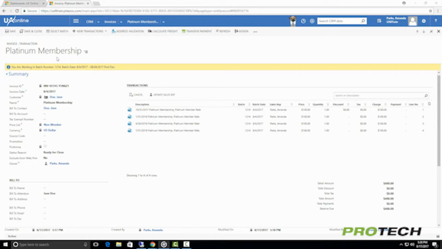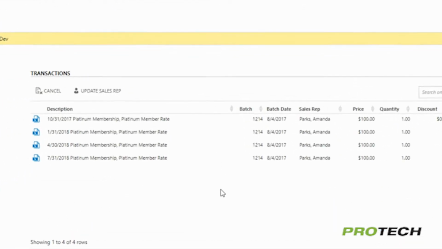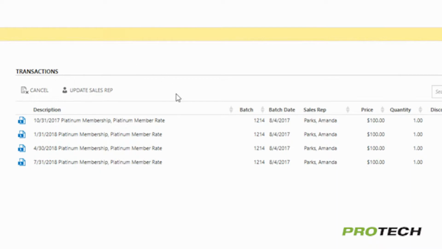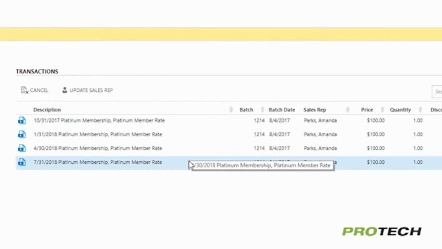Your organization might offer its Platinum members the ability to pay with $400 annual dues on an annual, semi-annual, and quarterly basis. Under the Platinum renewal benefit, you would create 3 rates, each with a different installment schedule and a price of $400. The dues invoice using the rate with an annual installment schedule would have one detail line item for $400. The dues invoice using the rate with a semi-annual installment schedule would have 2 detail line items, each for $200. The dues invoice using the rate with a quarterly installment schedule would have 4 detail line items, each